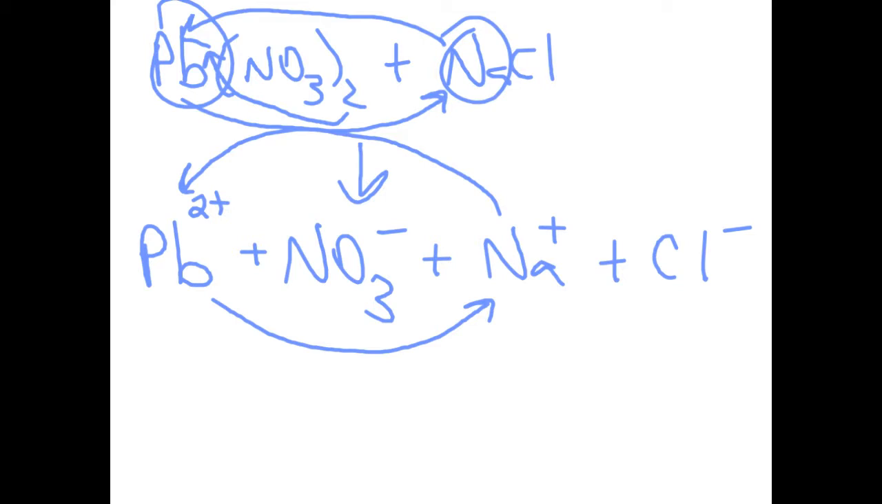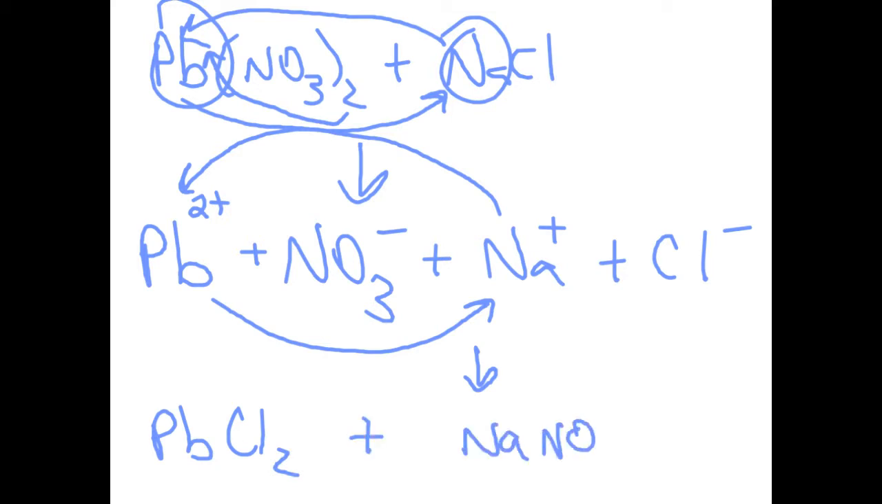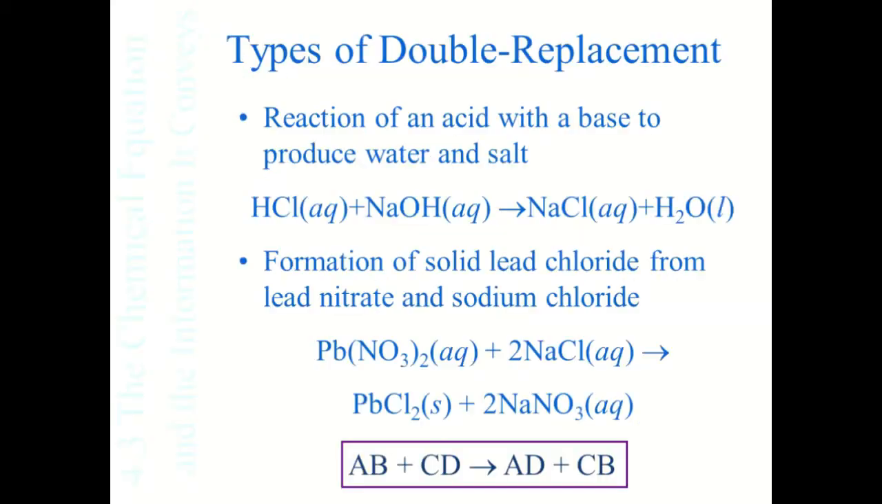And then same thing here. Sodium and nitrate. You have to have a cation and an anion. The cation is always written first. So when I write the potential products of this reaction, I say lead chloride plus sodium nitrate. Those are the potential products of this reaction. I say potential because both of them actually don't form. And we'll see why in just a minute. Okay? So here,